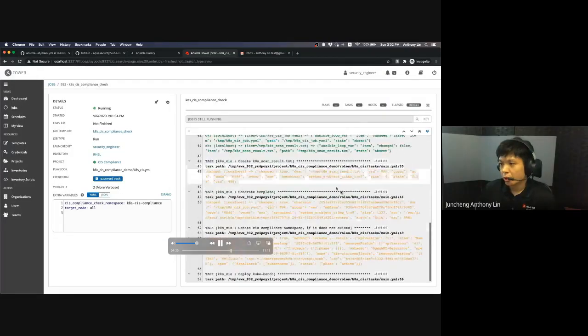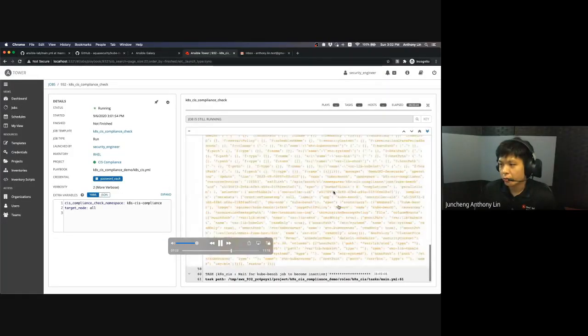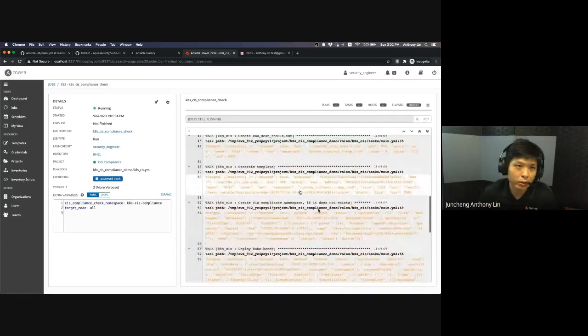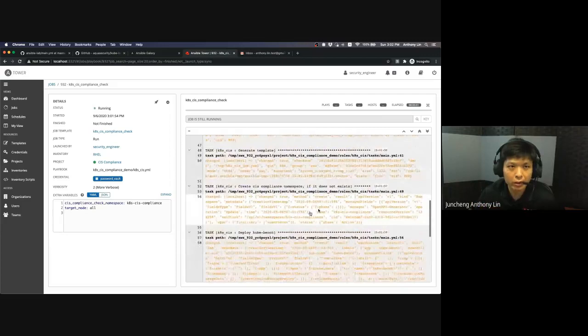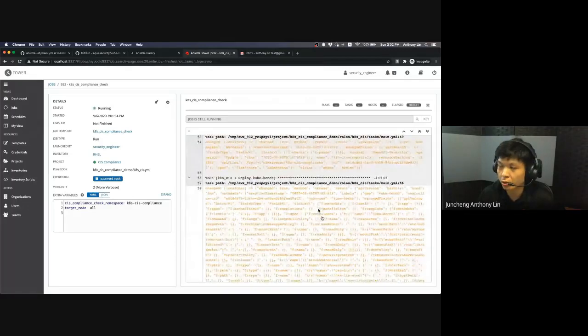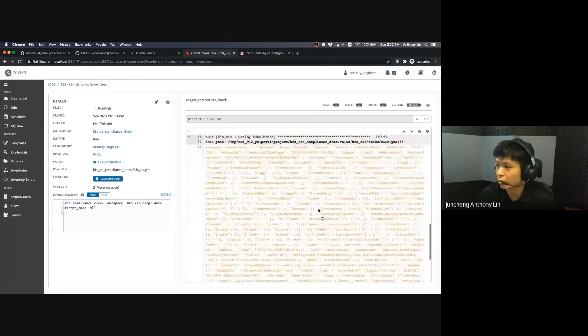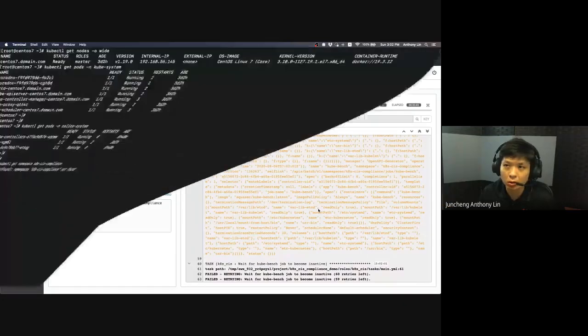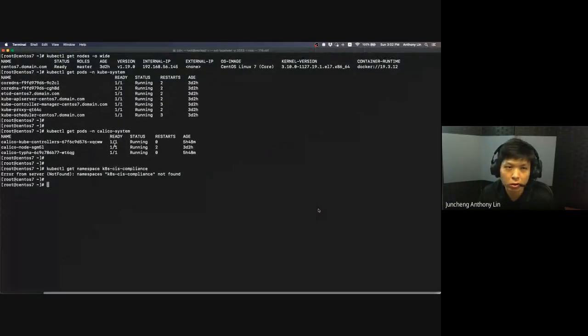So it will just run. Then it does a generation of the template. It keeps on waiting in the background, checking whether or not the job has been created and whether it is still running. In this case, we are deploying the kube-bench pod. So we're waiting for the job to become inactive, because it's currently running. You will see 0/1 when we do the watch later on.